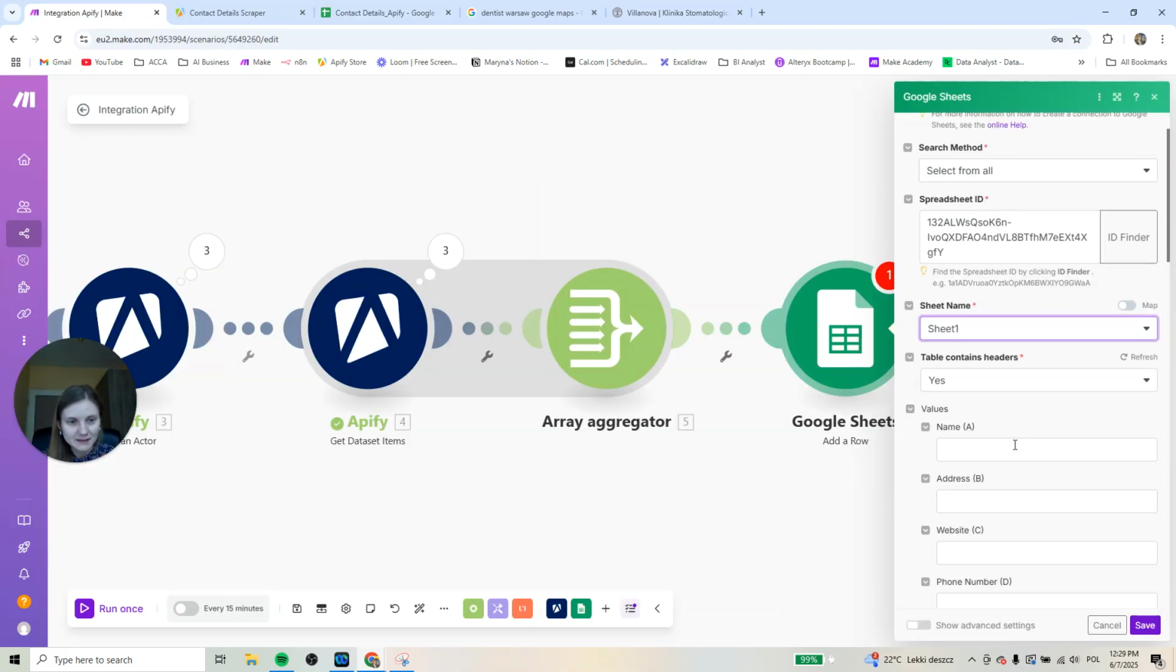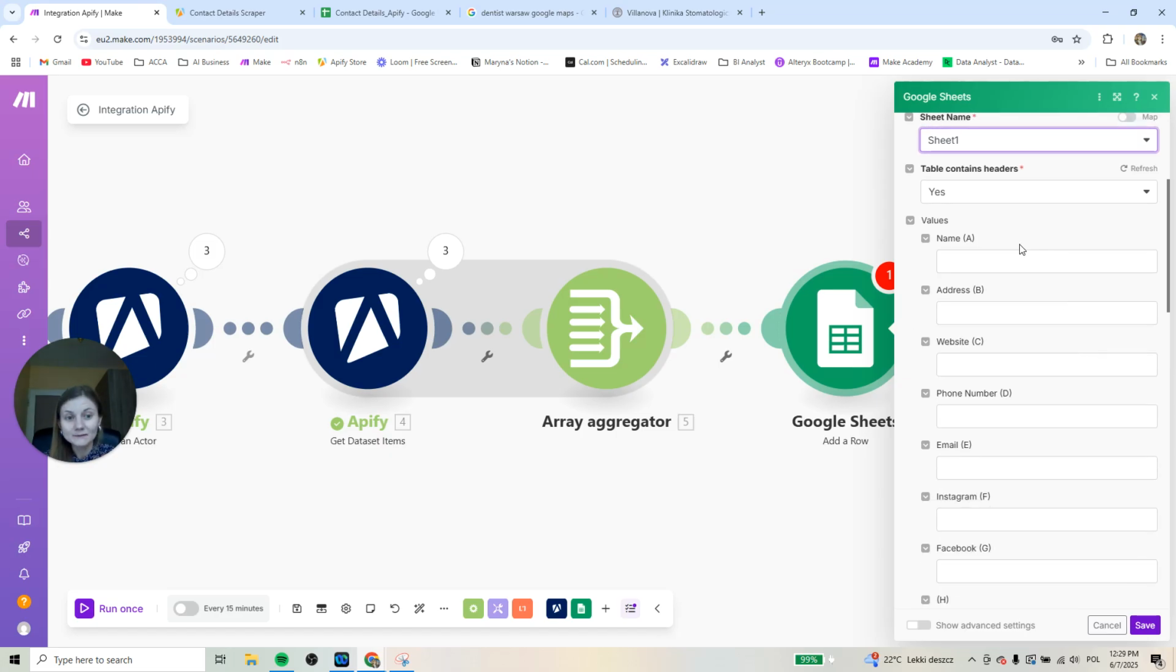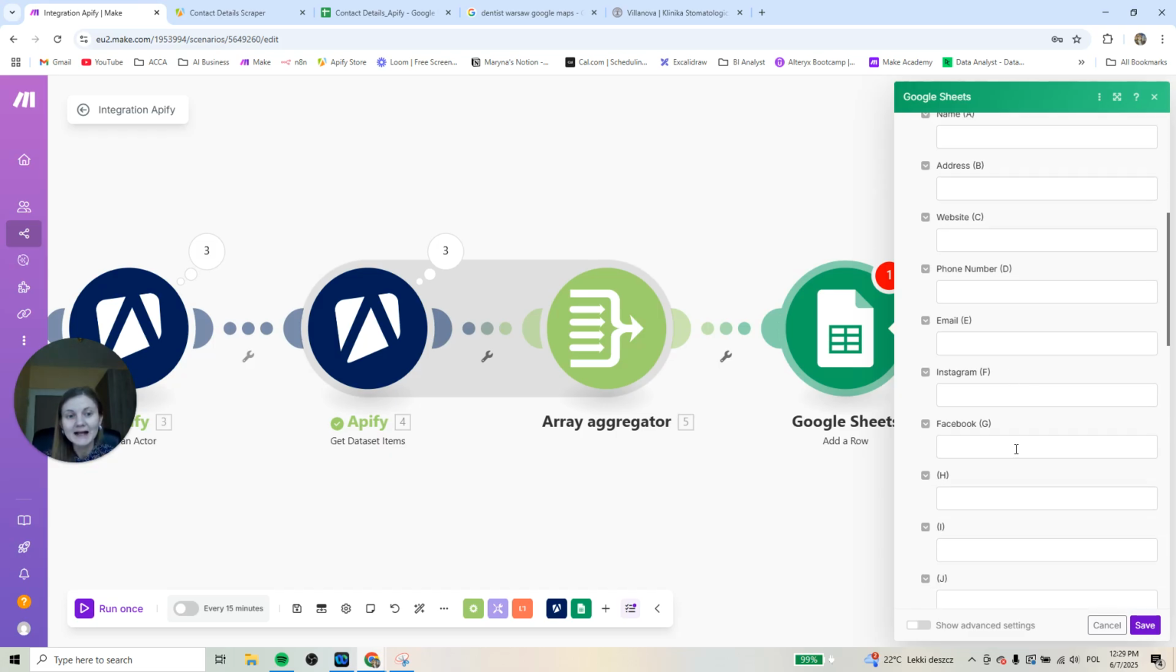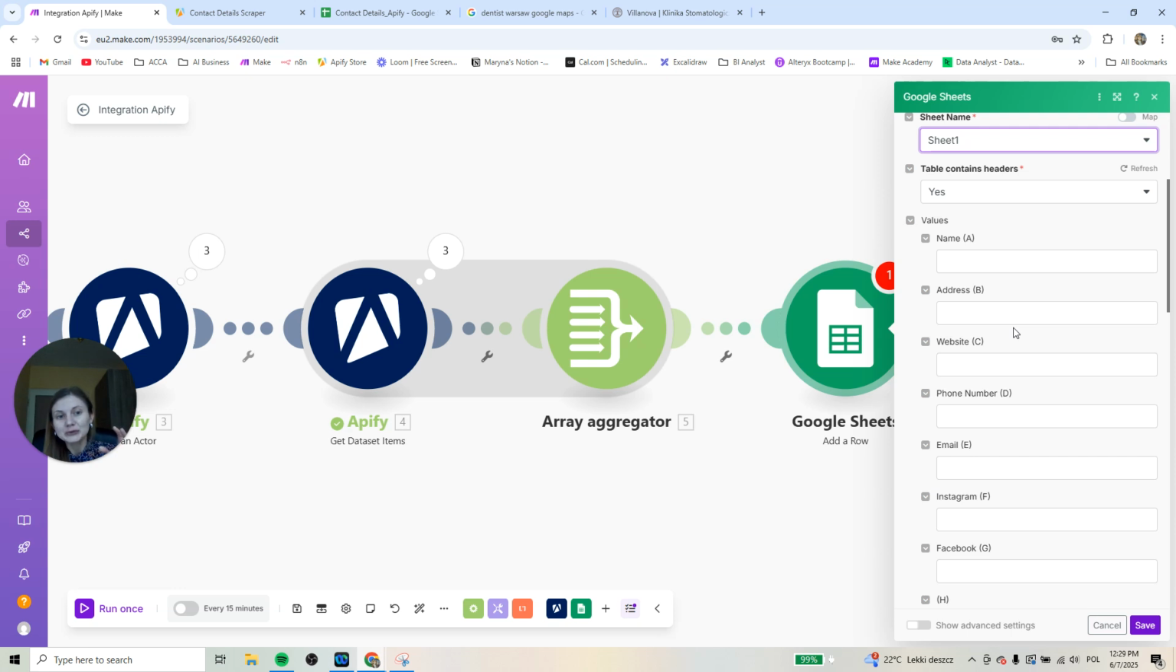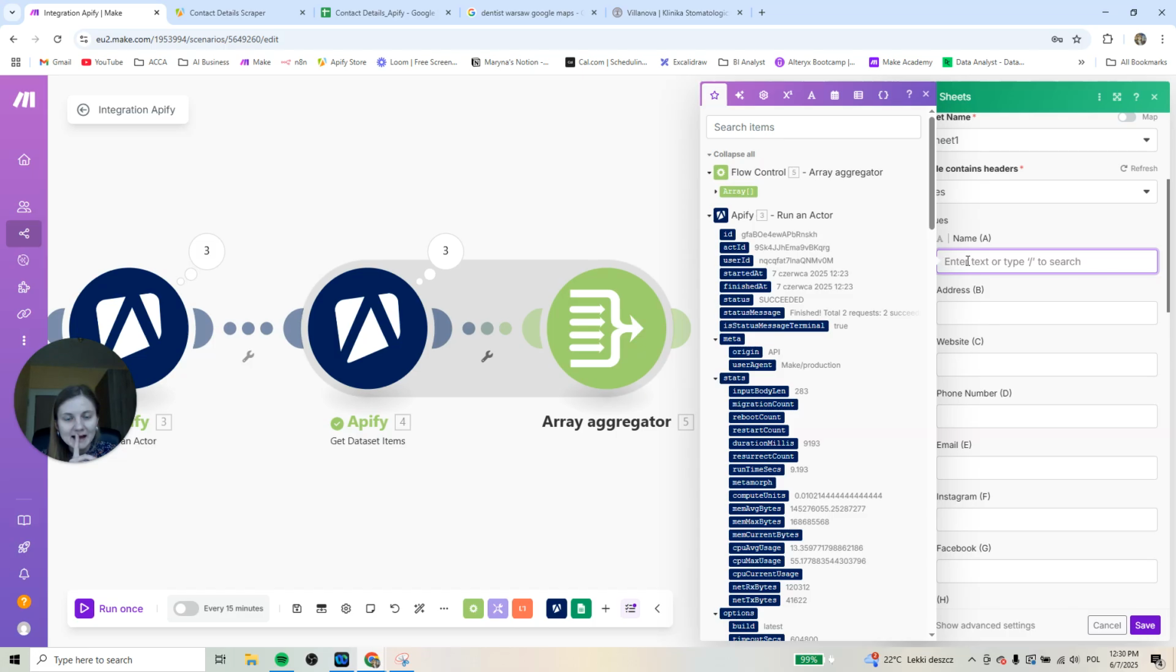Table contains headers, yes, agree, we have headers. And also, as you can see, make.com already added our headers, column names: name, address, website, phone number, email, Instagram, Facebook. So now we just need to connect the data from our previous steps with this Google Sheet. But we need to connect it to the latest module, Array Aggregator. But since we didn't run this module,